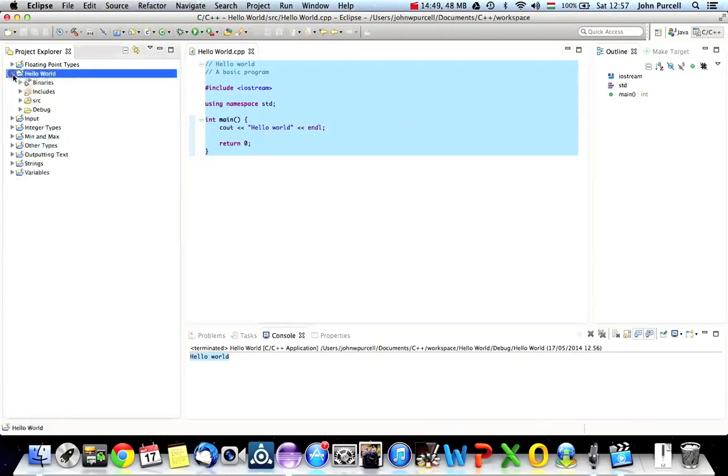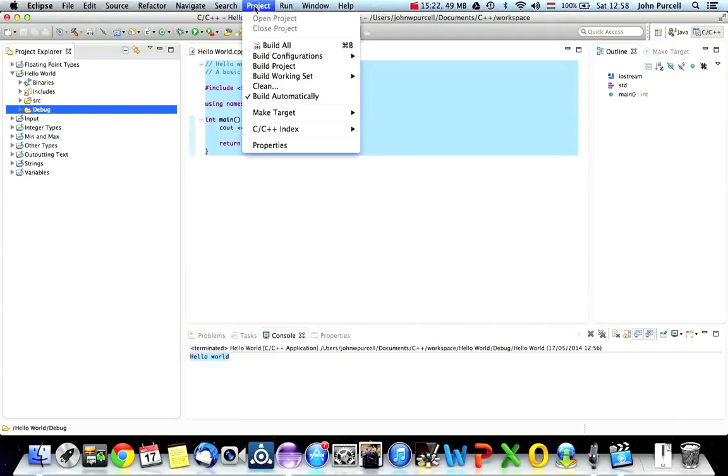If we expand Hello World here, we can see there's a debug folder. And by default, most compilers will generate a debug version. Actually, I'm not sure if it is the default, but certainly in this case, we developed a debug version of the program. So the program we've created is not intended to be given to people. It's intended for developing programs, and it's got special symbols in it that can help us find the bugs in the program. But what we can do is we can go to